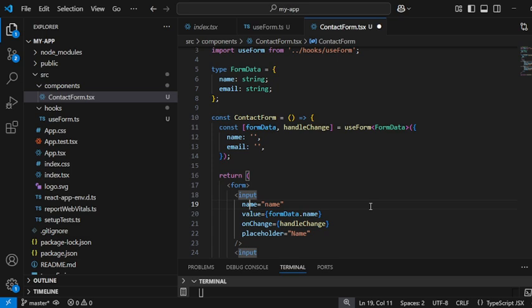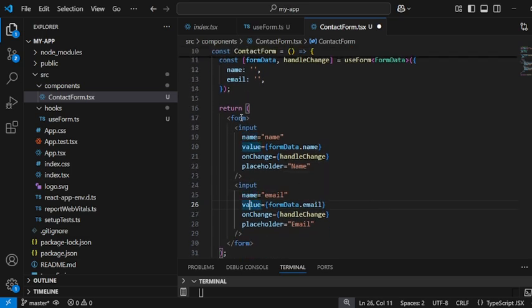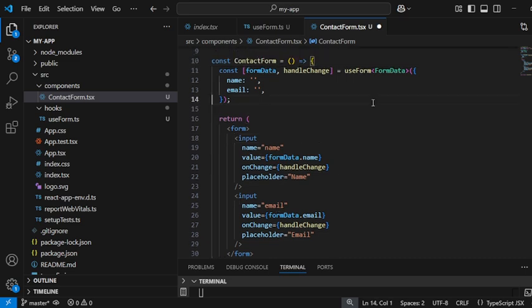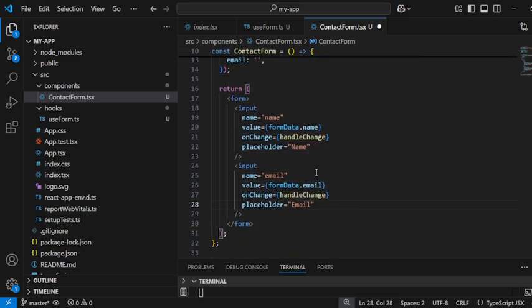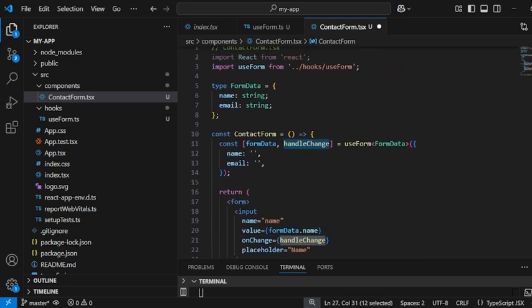Now in return, I have created one form. You can see it. So here I have passed two input values, one for input name, one for input email. Why? Because this FormData has two values which will be updated from the useForm custom hook. So here you can see, onChange I have passed handleChange. Here also I have passed handleChange. But one is for name, another is for email.